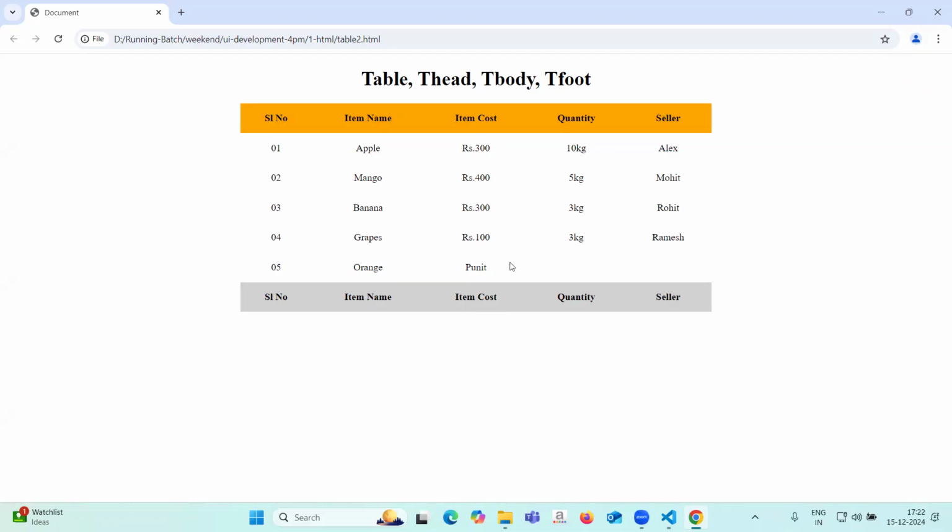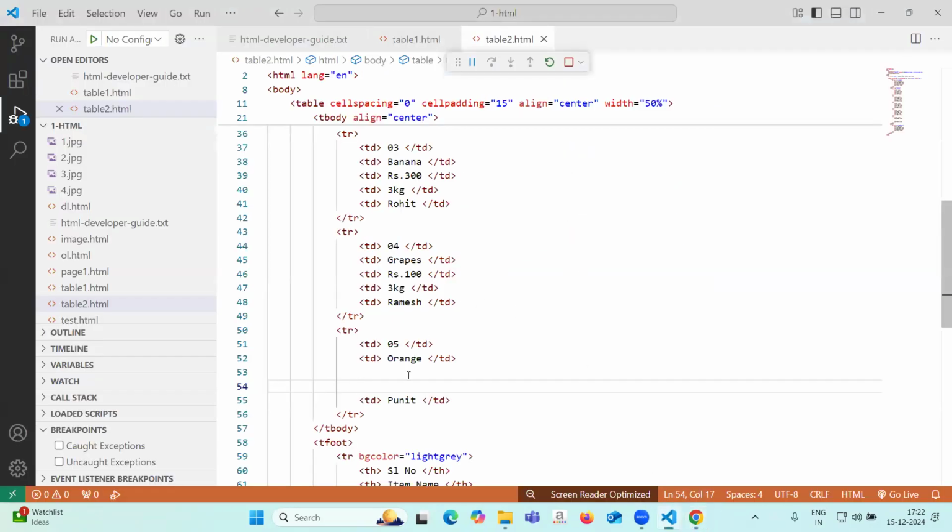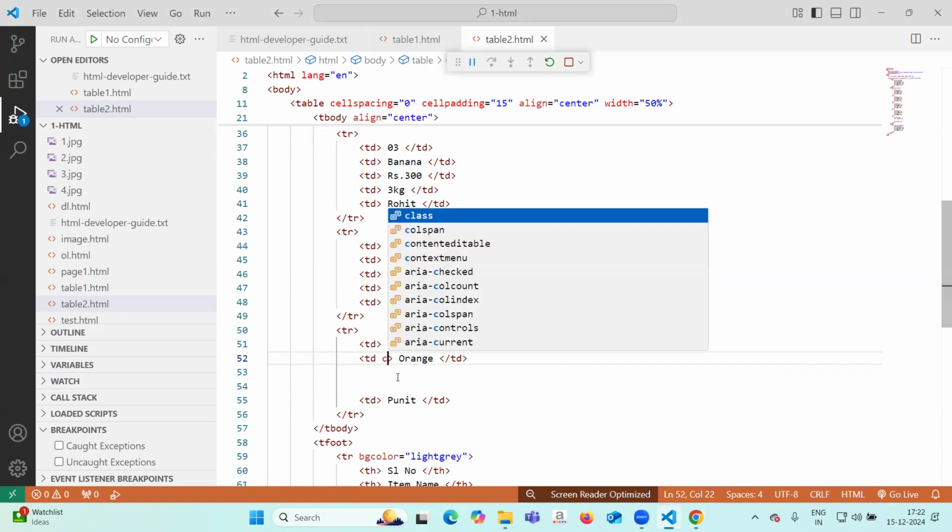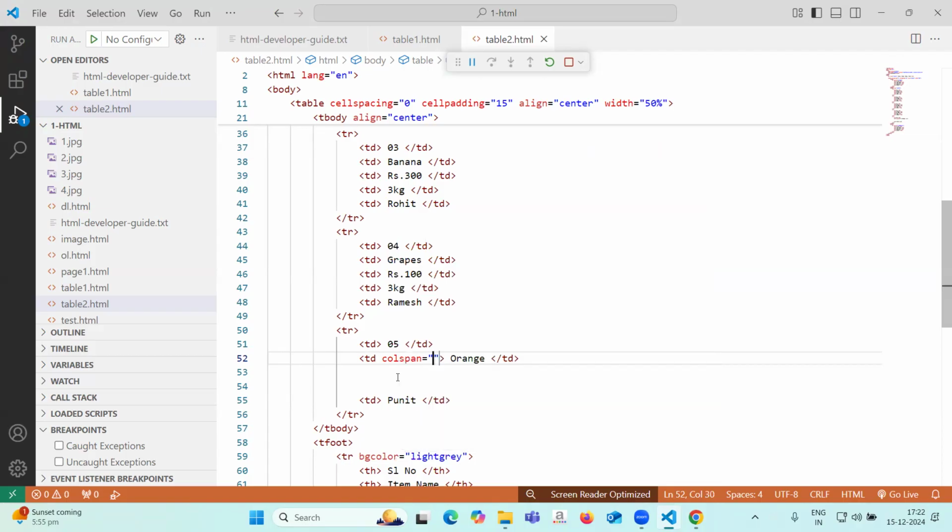The space of these missing tds, we will give to name. And we'll ask name, you take the space of cost and take the space of quantity. How to do that? You can go here for the name property, for the name td, you will write here colspan